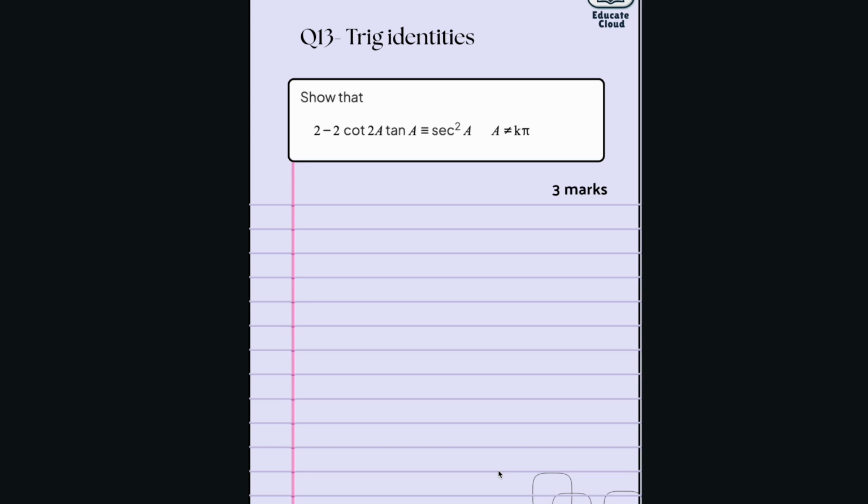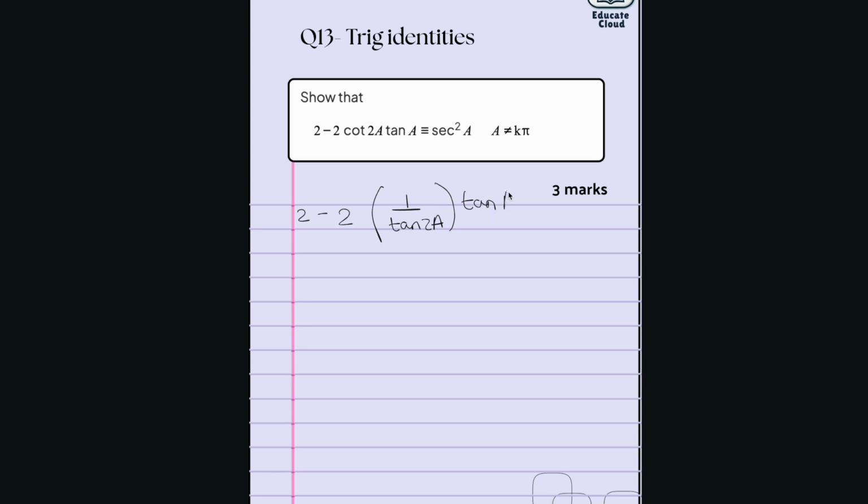Okie dokie. So this is a trig identities question. You're very likely to get a trig identities question with double angle formula. So let's start working through this. First, we know that cot 2a can be written as 1 over tan 2a. So we're just going to write that as 1 over tan 2a